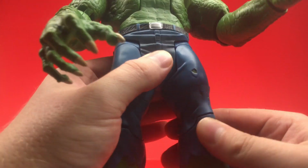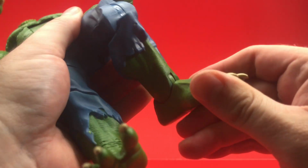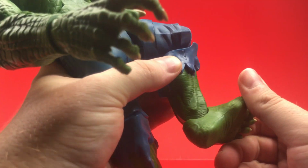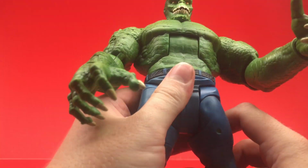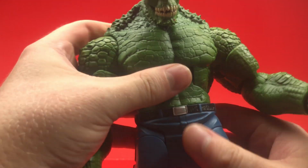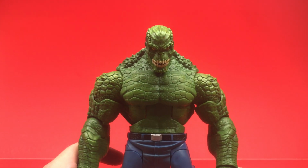He's got a thigh swivel, he's got a single jointed knee, and then he also has some pivot in the feet, and it will rotate off to the side. So he does have some pretty good articulation. You could get him into a lot of cool poses, animalistic poses, everything else that Croc is known for, but